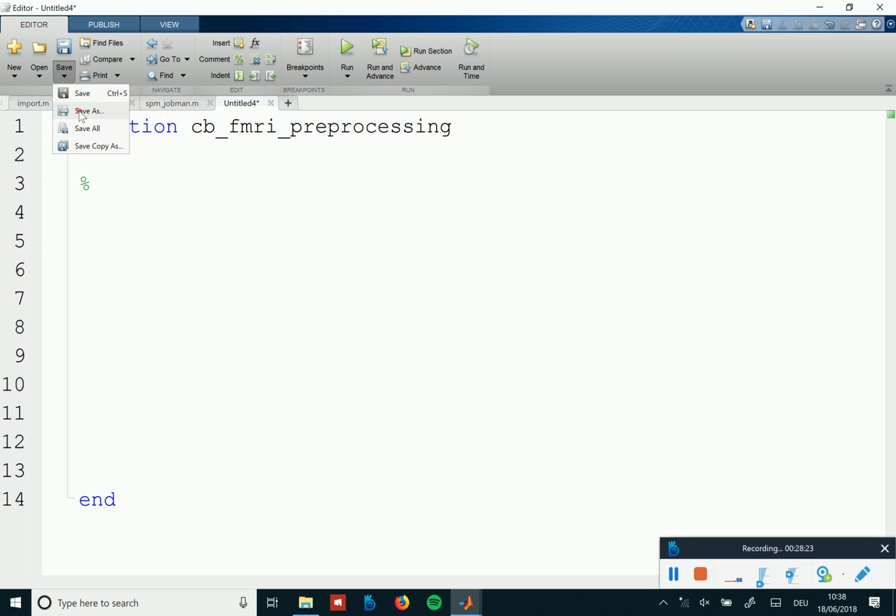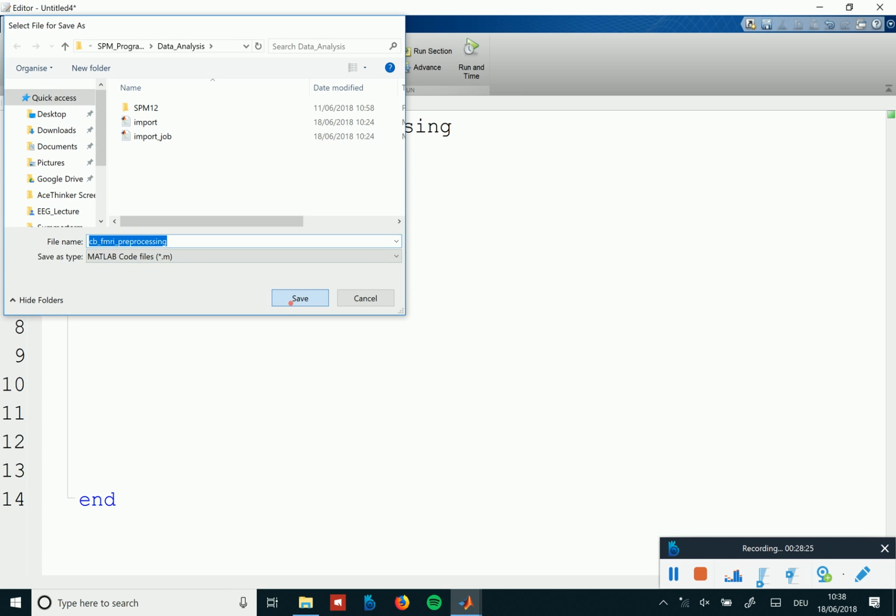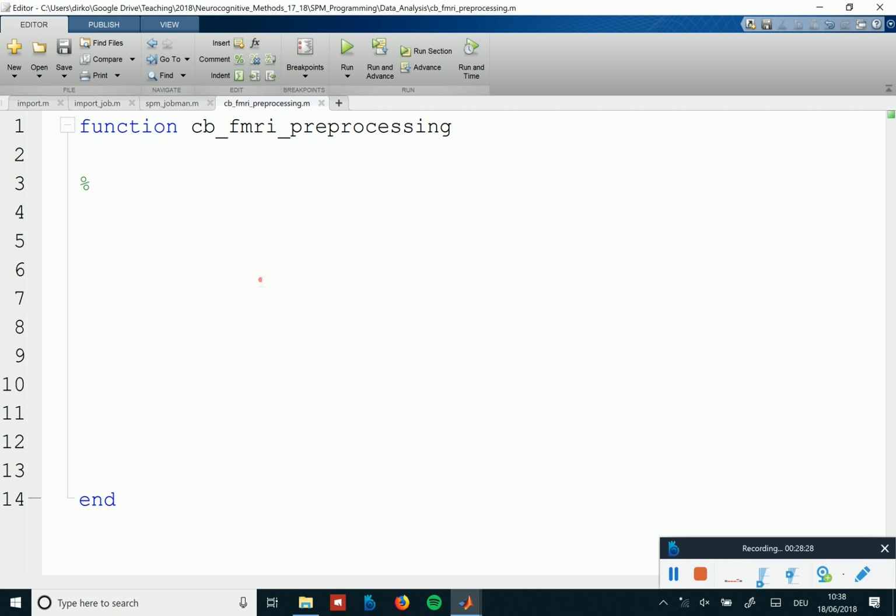So let's save this. CB fMRI preprocessing. And the first thing that you do when you start a new script or a new function, we discussed functions and why I always put everything into functions in the winter term, is that you write what it's doing and what the inputs and outputs are. You might adapt this later on, but you have to write it in the very beginning, because otherwise you wouldn't have started the script, what you want to do. So just write it. This function is a batch script